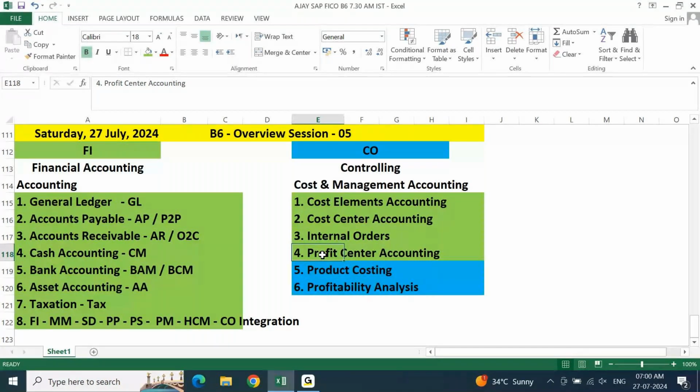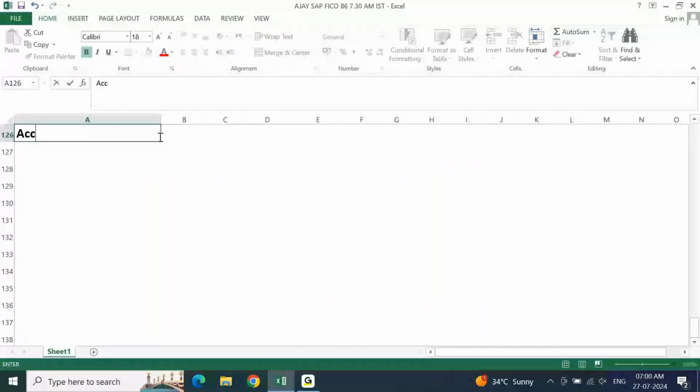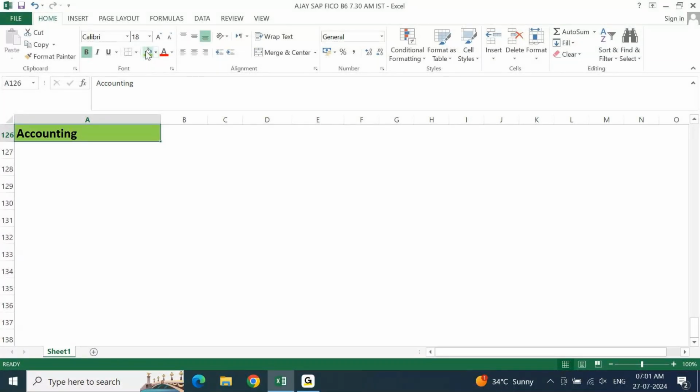At the end, everything is connected to accounting. When we say everything is connected to accounting at the end, we need to make sure these accounting fundamentals are clear to us. When you're not clear about accounting fundamentals, or not able to understand what accounting is, there's no point in learning SAP FICO. Because tomorrow when you're working on SAP FICO, it is all related to accounting. Accounting from a business point of view, not from the academic point of view.